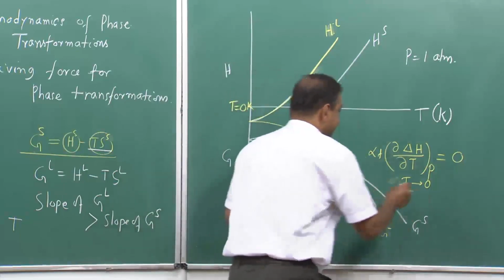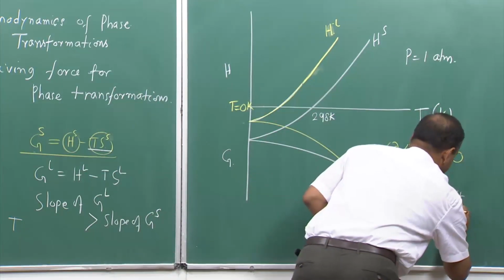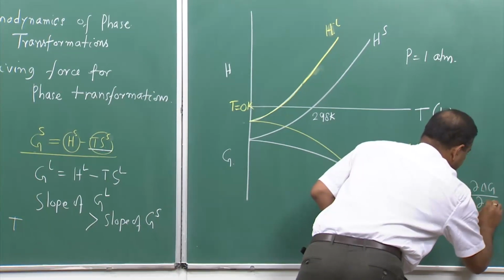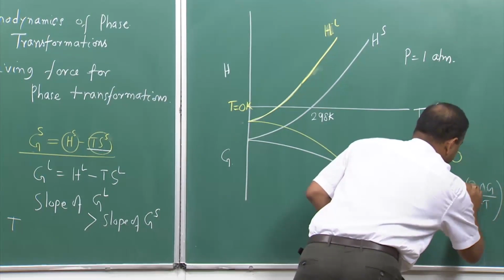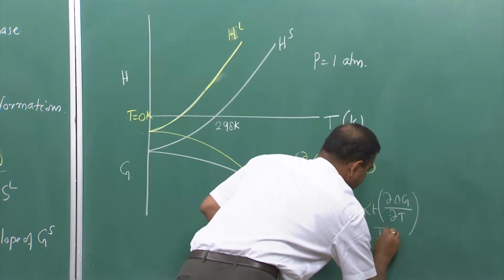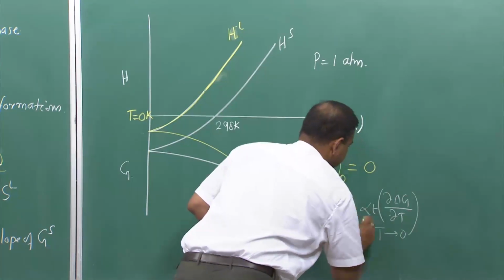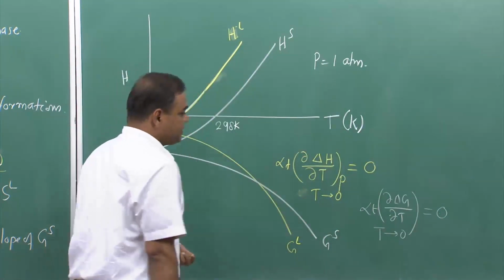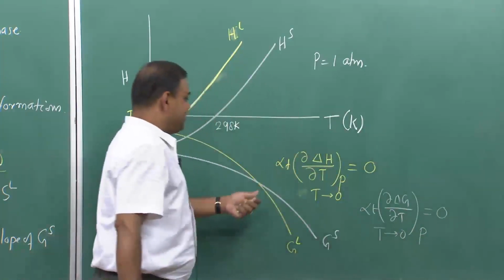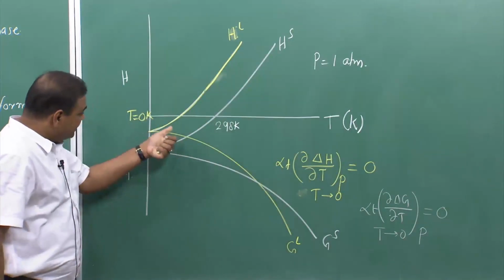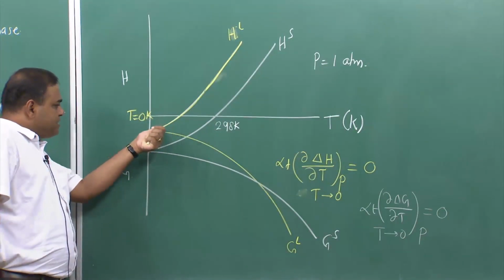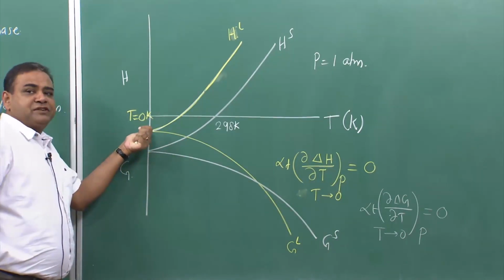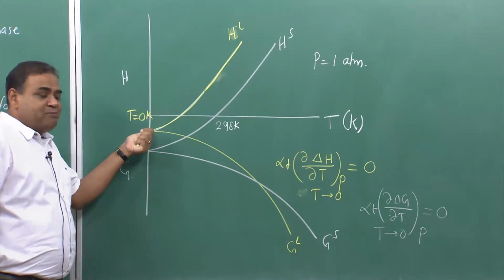Similarly, the limit as T tends to 0 with a constant pressure. Why are they gradually becoming asymptotic and meeting at T equal to 0 Kelvin, because this